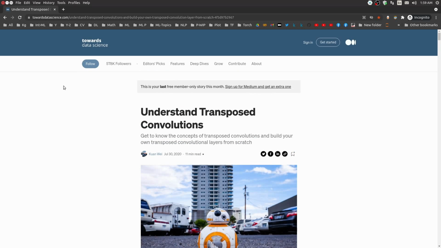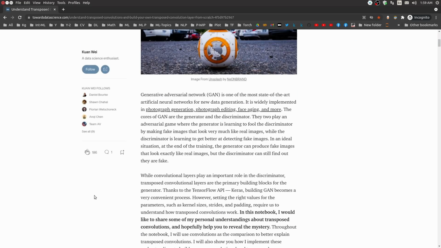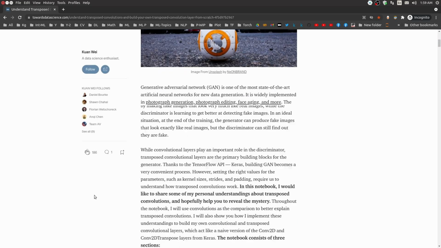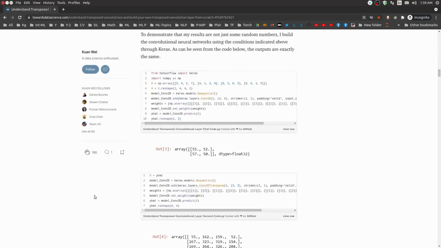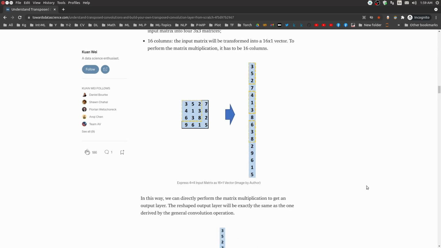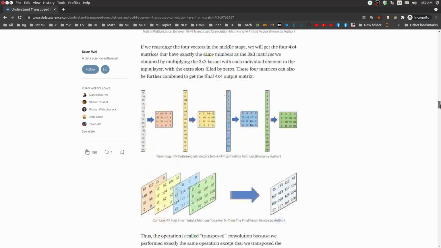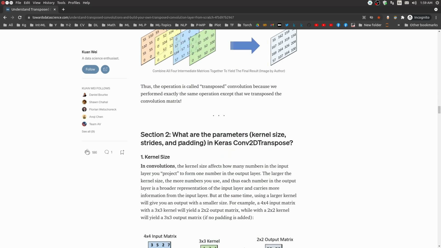So here's the blog I was talking about. Understand transposed convolution, written by Quan Wei. It's quite a long blog and it's really exhaustive. So he has given some good definitions. So here, what are the parameters? Kernel size, strides, and padding in Keras conv2D transpose. So kernel size in